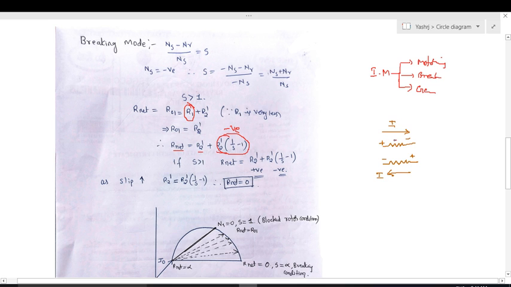resistor is absorbing energy, the current enters in this direction, and the terminal will be positive and negative. But anything that delivers energy, for example this battery, has positive and negative terminals and delivers energy to the resistor. So the current direction is always from negative to positive. Here the mechanical equivalent resistance is negative, which means the current direction is opposite to the